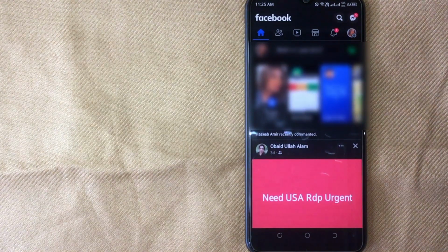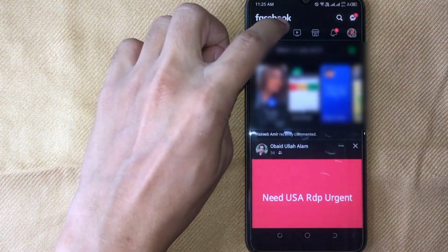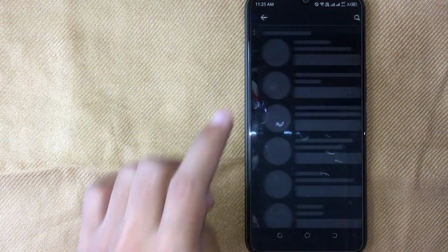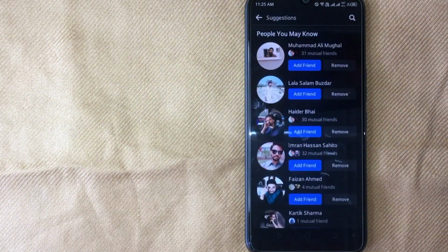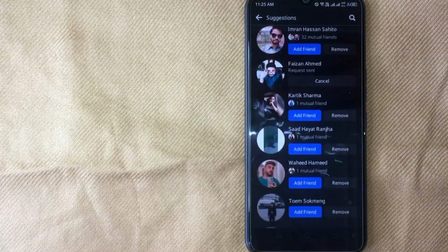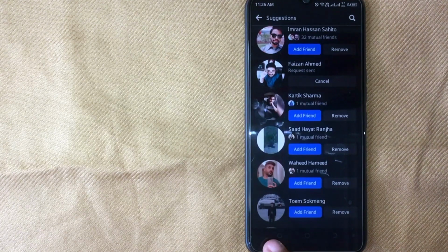You can search for a new friend, or click on the friend icon and then click on suggestions. And now in this list you can add any person to your friend list by just clicking on add friend. You can also search for a specific friend's name and then add them to your friend list. So there you go. If you were wondering how to find and add friends on Facebook, that is the easiest